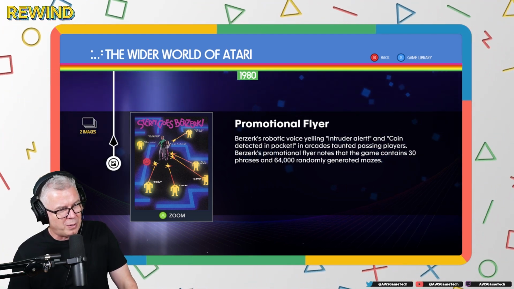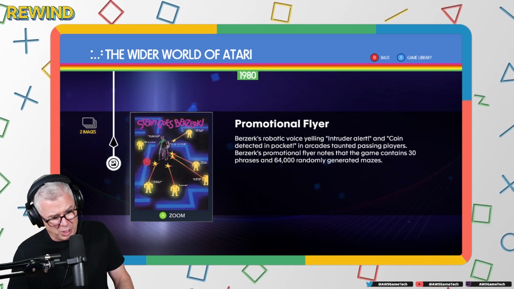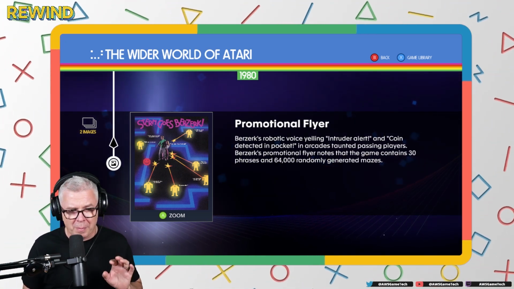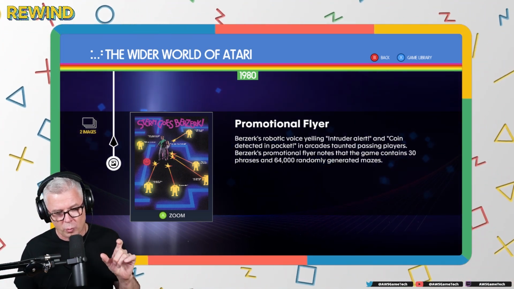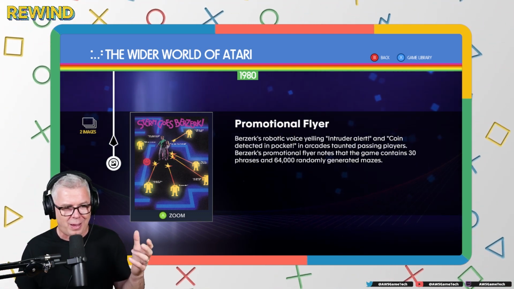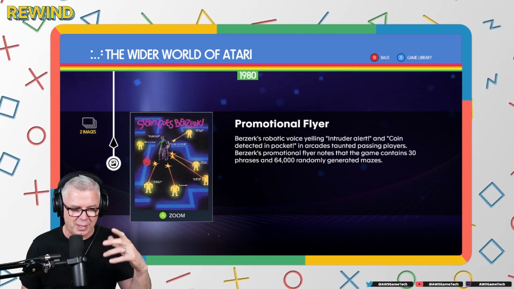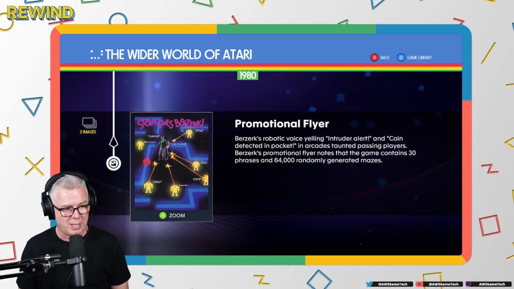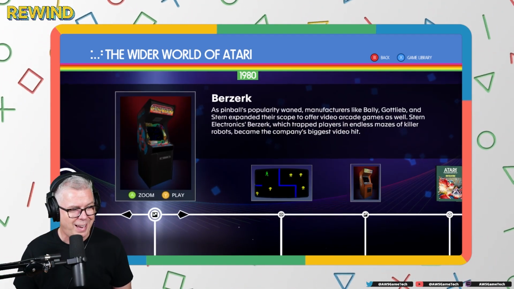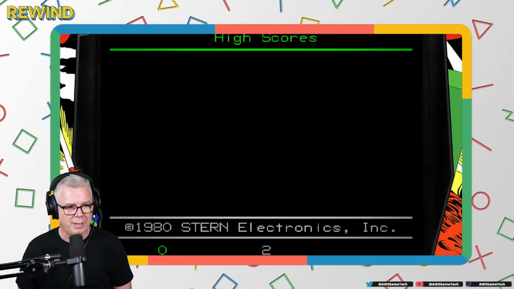Berserk's promotional flyer notes that the game contains 30 phrases and 64,000 randomly generated mazes. My understanding was that each word or each sentence cost somewhere around $1,000 in chips and stuff like that to make. So this was a very expensive machine for its era. But let's just go ahead and jump in and play this game.